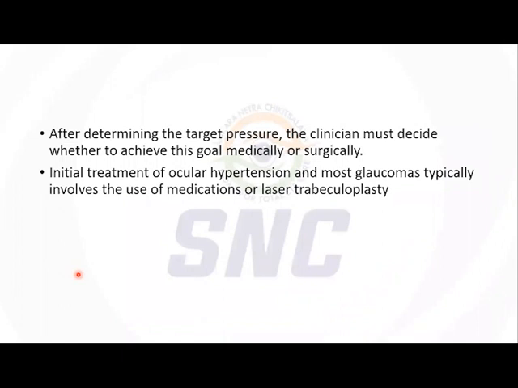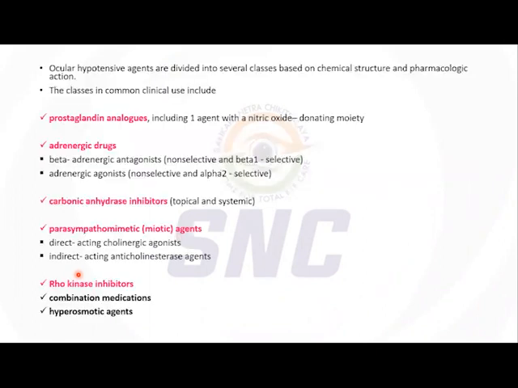After determining the target pressure, the clinician must decide whether to achieve this goal medically or surgically. Initial treatment of ocular hypertension and most glaucomas typically involves the use of medication or laser trabeculoplasty. Ocular hypotensive agents are divided into several classes based on chemical structure and pharmacological action. They include prostaglandin analogs, including one agent with a nitric oxide donating moiety, and adrenergic drugs that include beta adrenergic